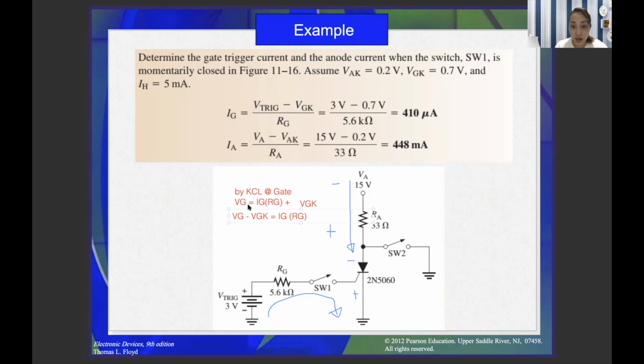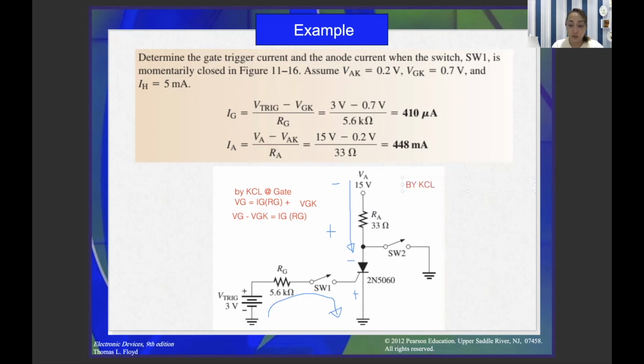So the triggering current. What now is the holding current? The holding current is IH. So assume this part is 15 volts. Determine the anode current, the triggering current, the anode current. So how do we find the VAG? So again,